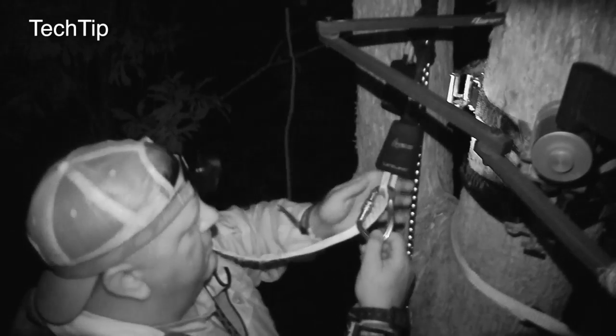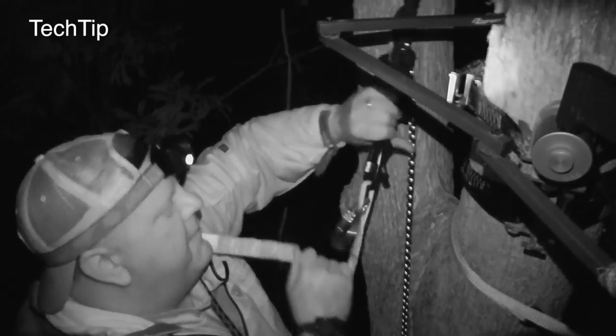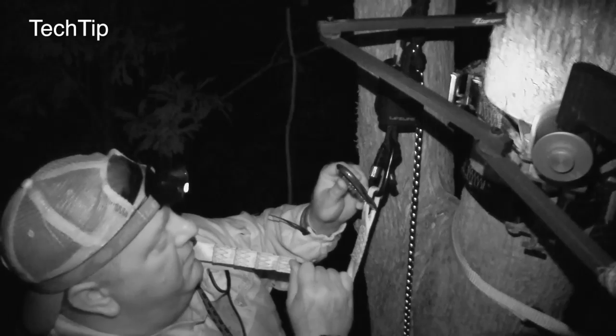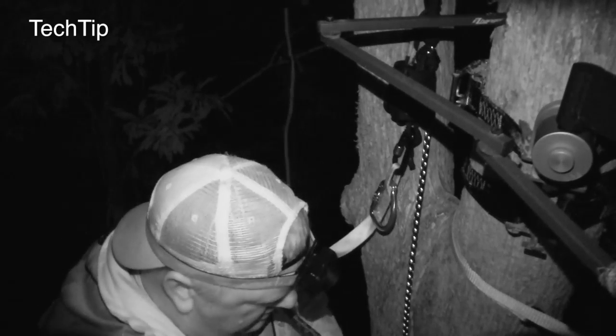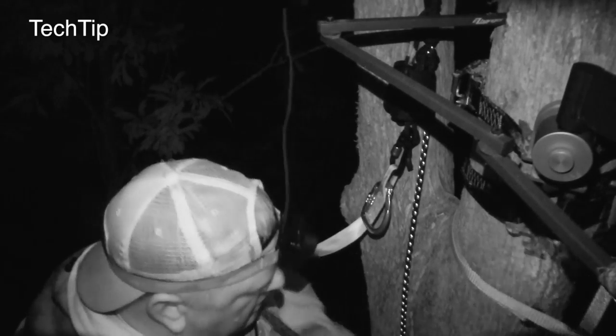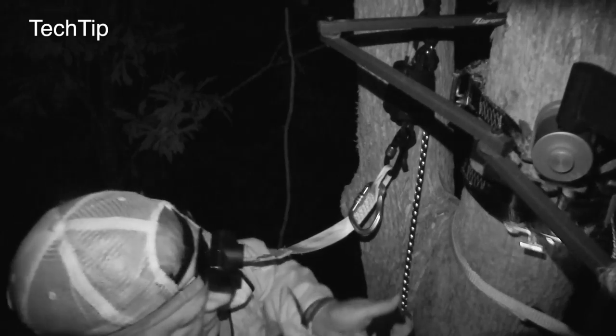If you notice though, there's something a little different here. We've got one carabiner right here that's hooked in, and it's got me hooked to the prusik knot, but I've also got an extra carabiner here as well. And the reason that extra carabiner's here is if I want to go on ahead and tie my lanyard off so that I can cinch myself up a little bit tighter, well, all I have to do is come in,